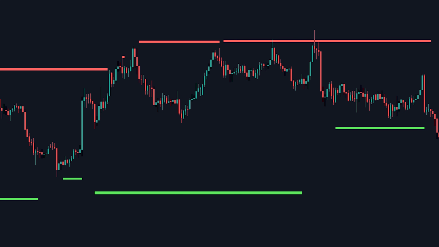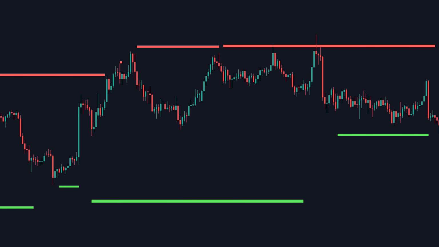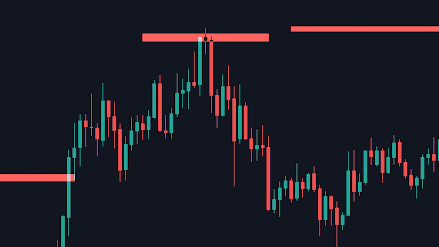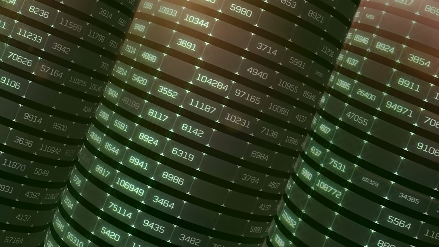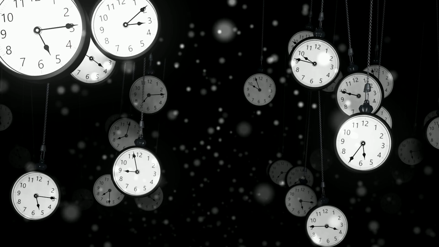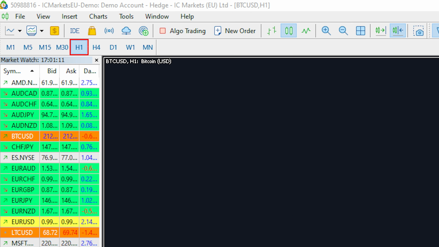So as you can see, the indicator has put a bunch of red and green rectangles on our chart. These are the order blocks themselves. Green are the bullish order blocks and red are the bearish order blocks. Now, just looking from this chart right now, you can see how accurate they are. These will work in absolutely any market with sufficient volume. So stocks, forex, crypto, whatever. It will also work on any time frame. What I found to be the most accurate is using this on the 1 hour time frame. But like I said, it can be used on any time frame, but the 1 hour has done the best